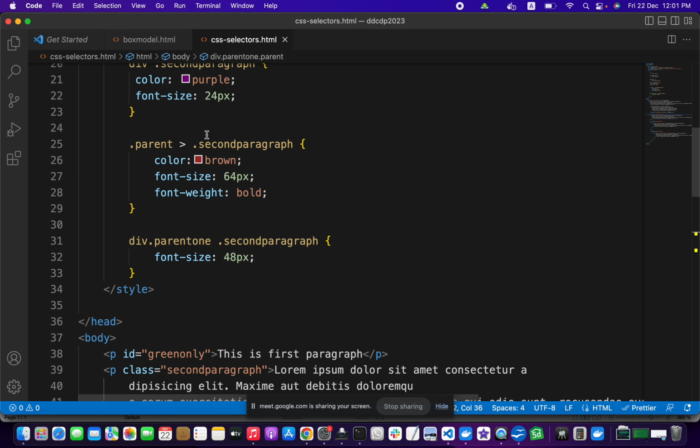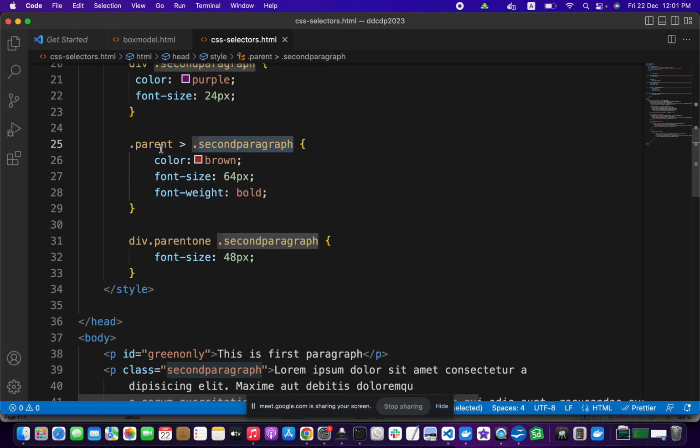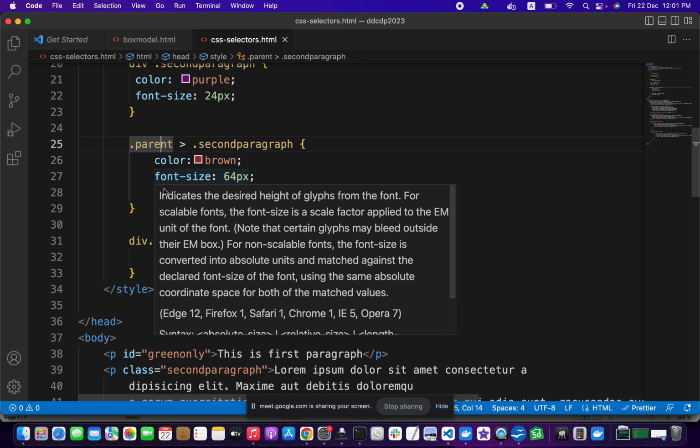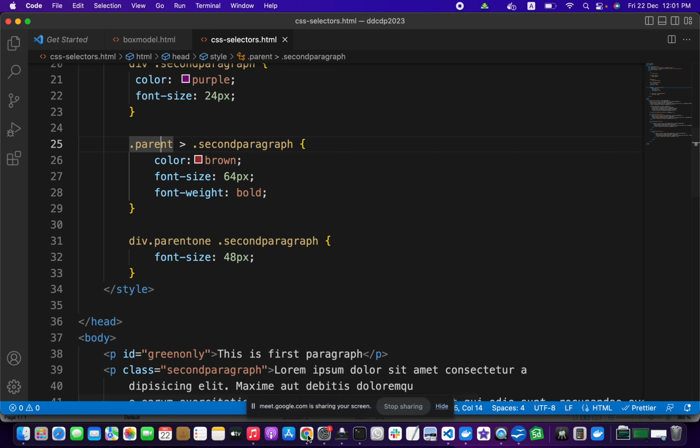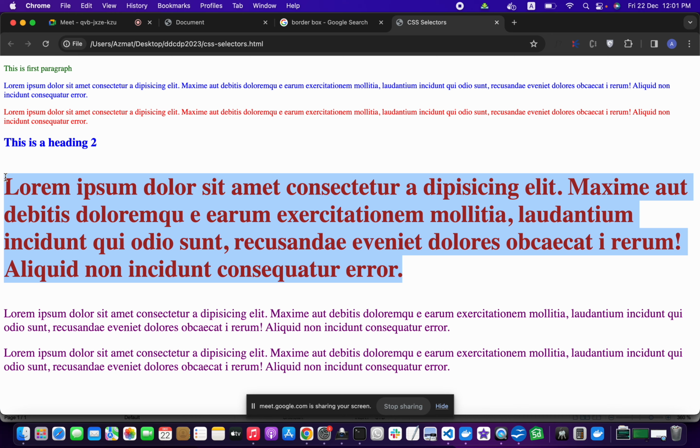So what this means is, if I have a div or anything of class parent, this is known as immediate children. Greater than sign means if a second paragraph is immediate to a div, then its color should be brown, font size should be 64, and weight should be bold. If I refresh it, now only this paragraph has these properties, because if I inspect it,